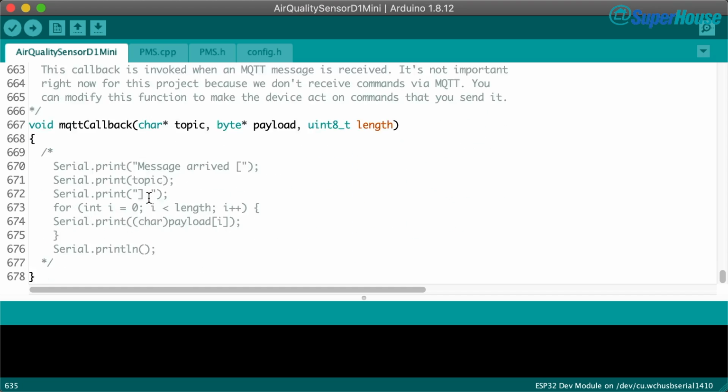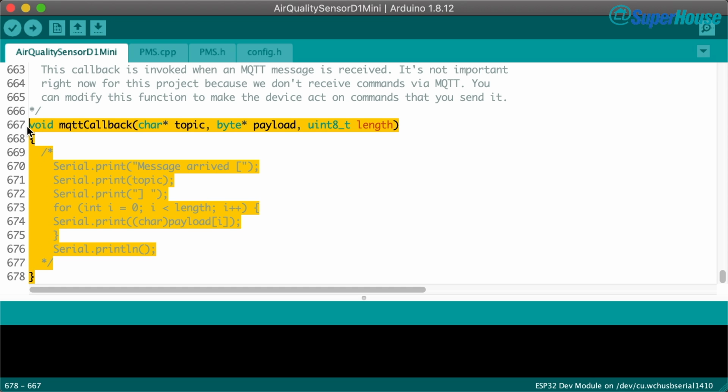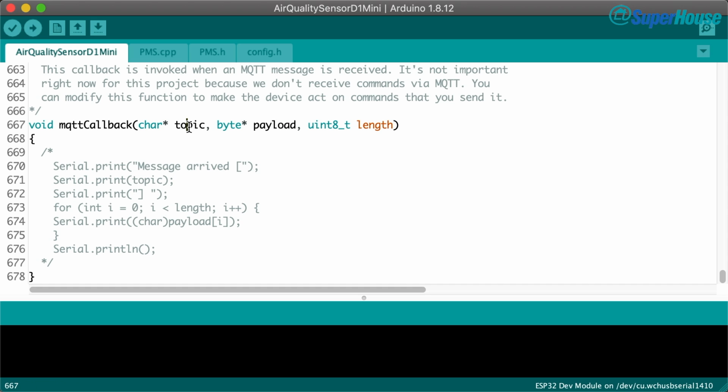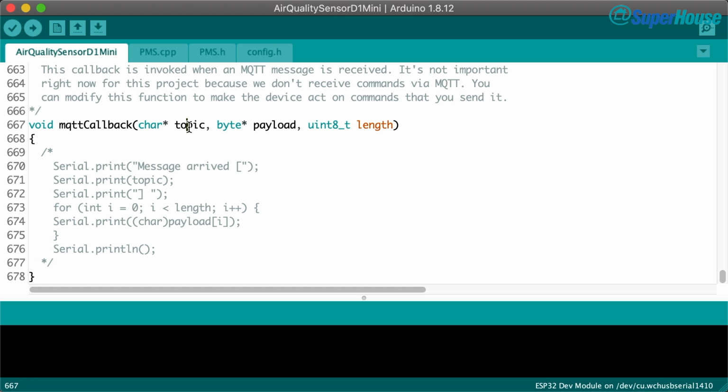And then the very last function, this is the end of the file right here, so we're nearly done, this marathon, is the MQTT callback. Now this is the function that is called whenever a message comes into the device from MQTT. So if we are subscribed to a particular topic and then something is published to it, this method will be called. Now what we did right back at the start of the program was subscribe to the command topic,